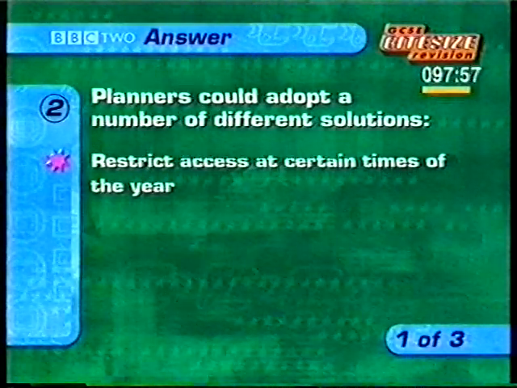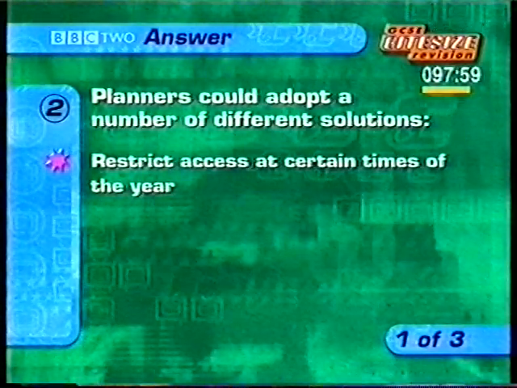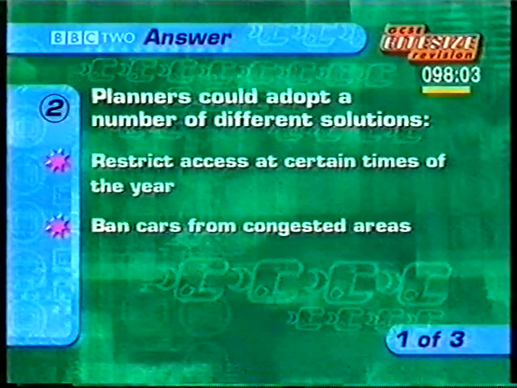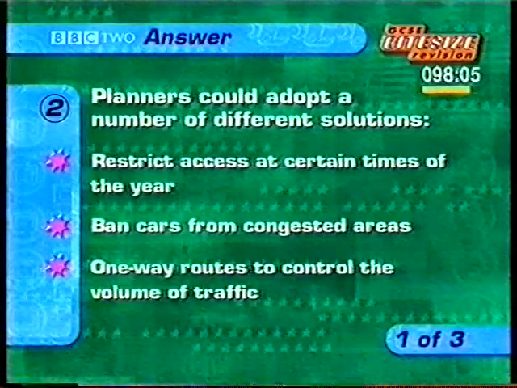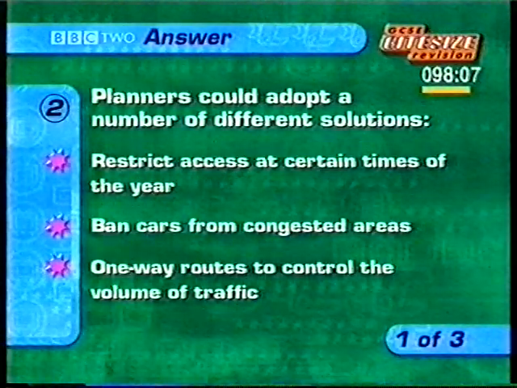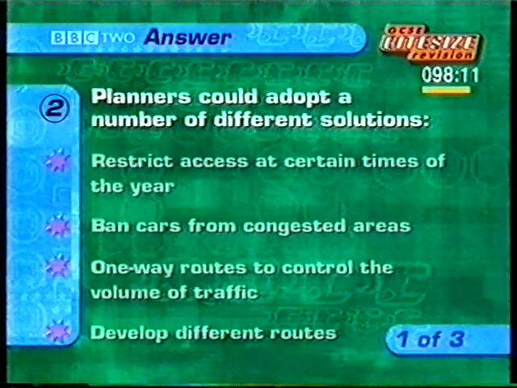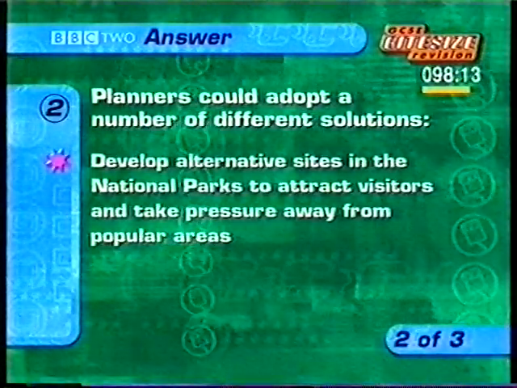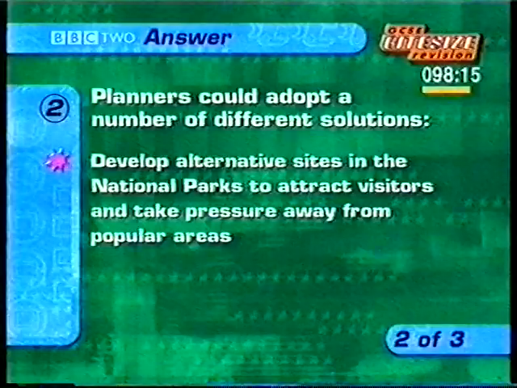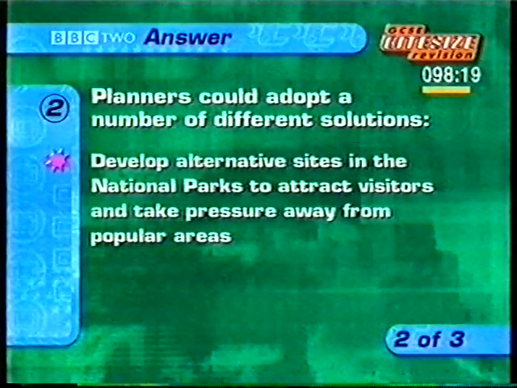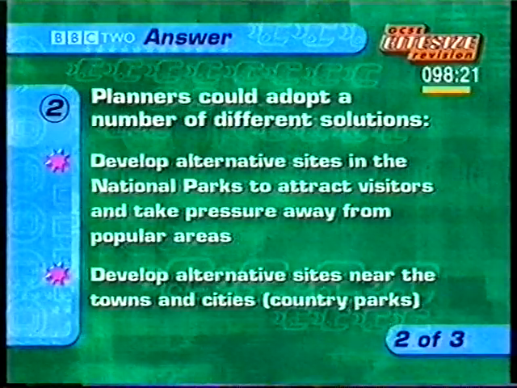Restrict access at certain times of the year, ban cars from congested areas, one-way routes to control the volume of traffic, develop different routes, develop alternative sites in the national parks to attract visitors and take pressure away from popular areas, develop alternative sites near the towns and cities,